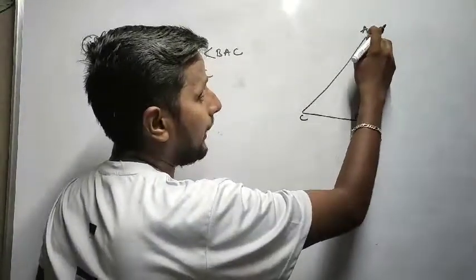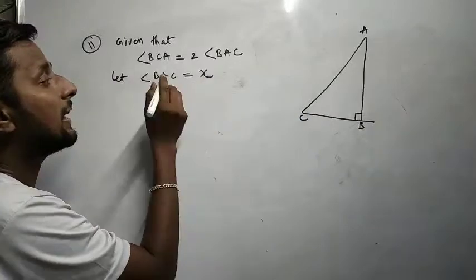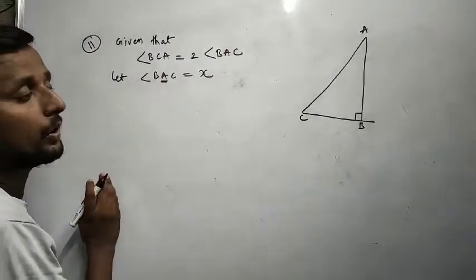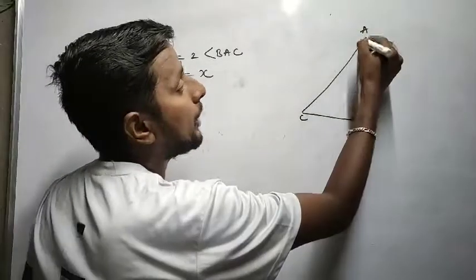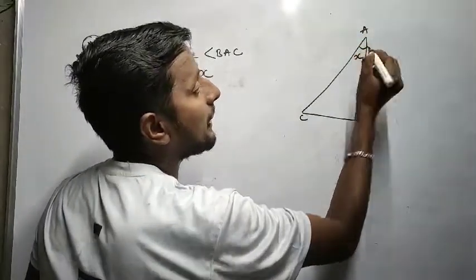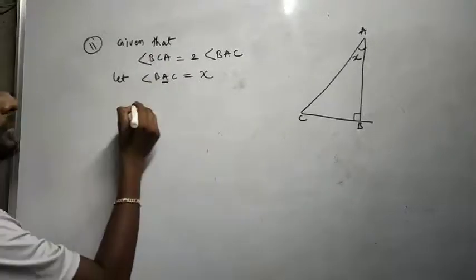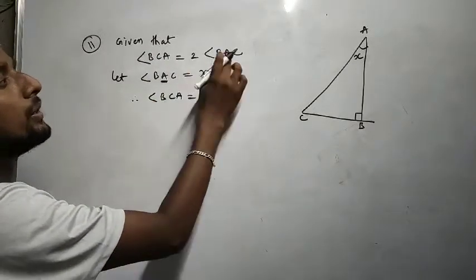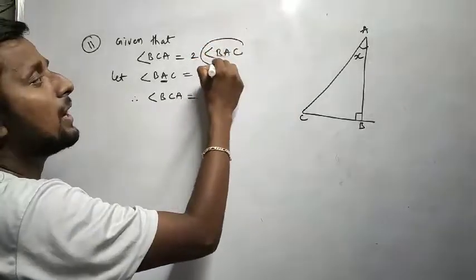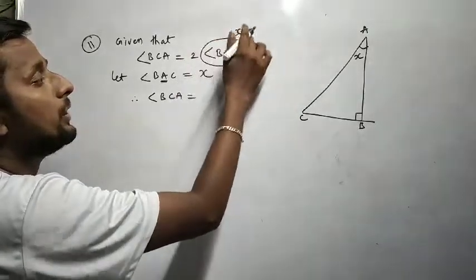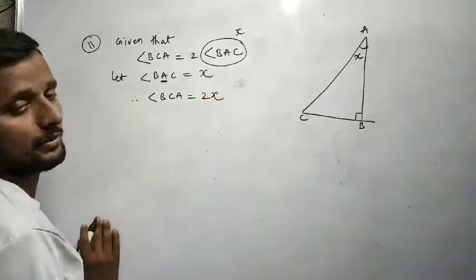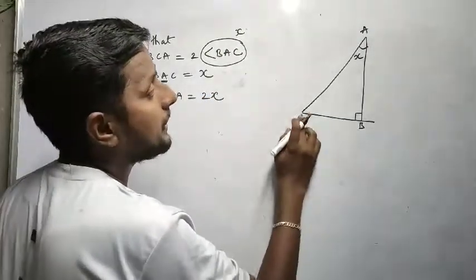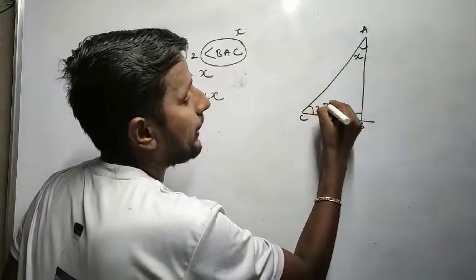Whenever you represent an angle with 3 letters, the angle lies at the middle letter. BAC, now I am talking about angle x, it is x now. Next, angle BCA is equal to 2 into BAC. Already we got the BAC value as x, so 2 into x, we got 2x. That is BCA, now you have 2x.